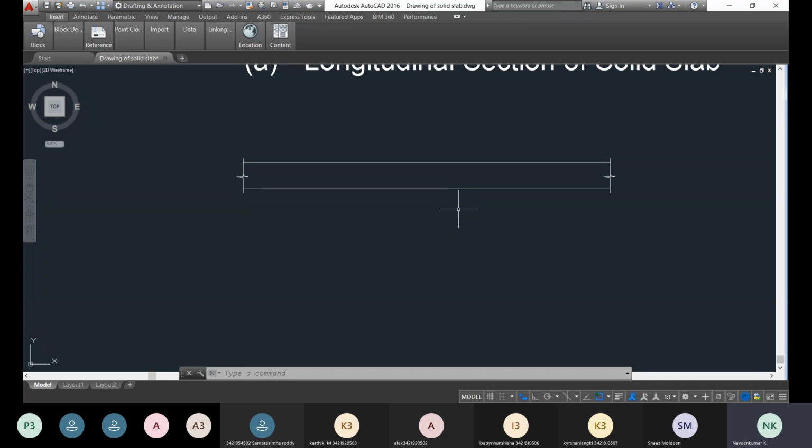For that you just click on the line, enter L, enter. That is the line command, and you choose the midpoint from here.